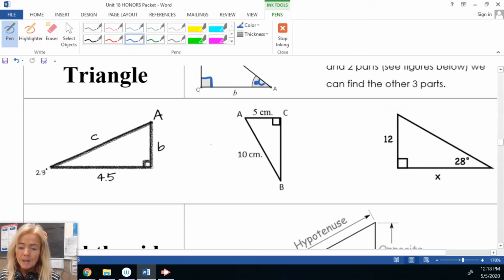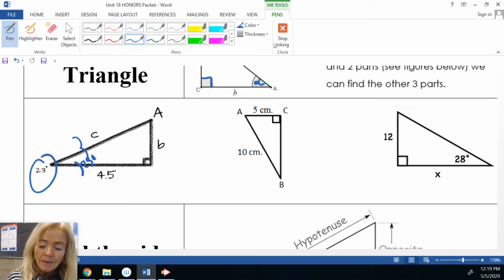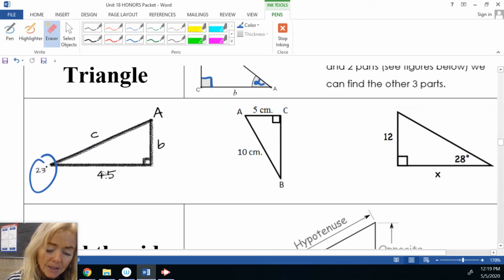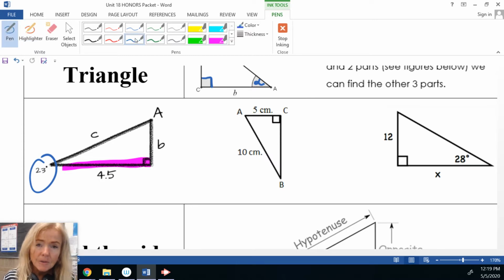What's coming up is when we have an angle here, we'll call that a 23-degree angle. I have to guess where to put it. Anyway, there's your 23-degree angle. Then you have a side that's 4.5. So you see this side here that's 4.5. Then we have two other sides of the triangle, and with just those two bits of information and using trig,